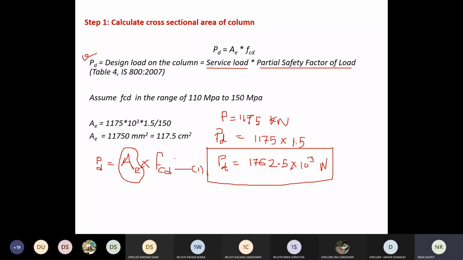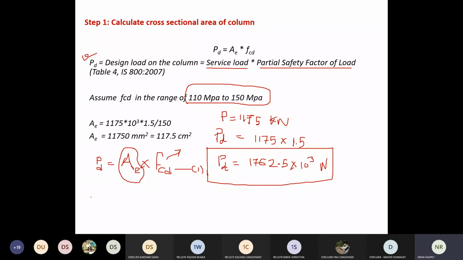Right. So what you can assume is your stress value. This stress value at initial stage you can assume between 110 megapascal to 150 megapascal. So at initial stage you can assume the FCD value between 110 to 150 megapascal.